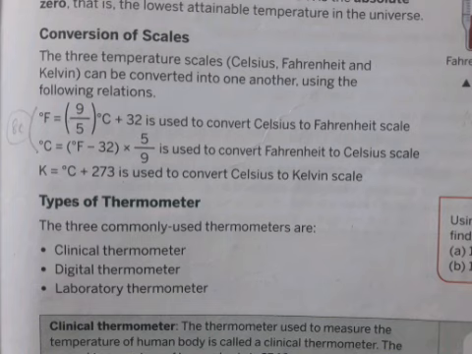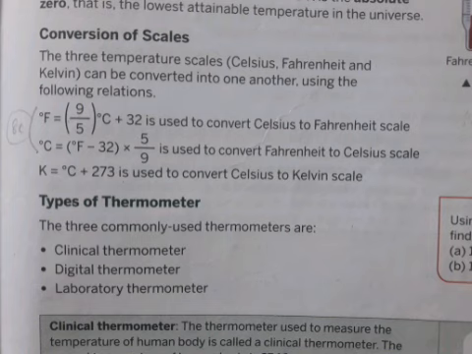Next, your Kelvin. You have to convert Celsius to Kelvin. Suppose your Celsius is 10 degrees Celsius. So 10 degrees Celsius is equal to 283 Kelvin, because instead of Celsius you write 10, and you want to convert it into Kelvin. So K is equal to 10 plus 273 equals 283. So 10 degrees Celsius is the same as 283 Kelvin.